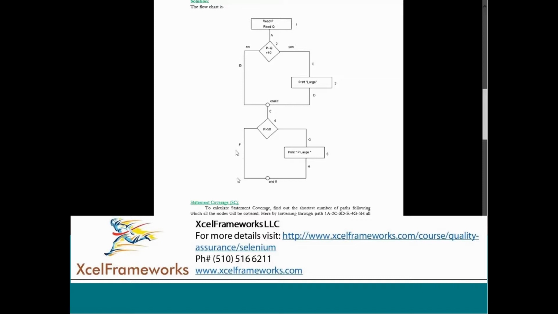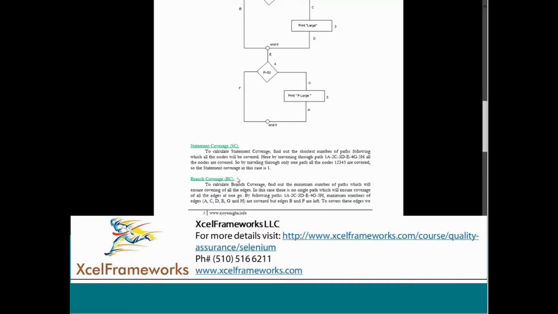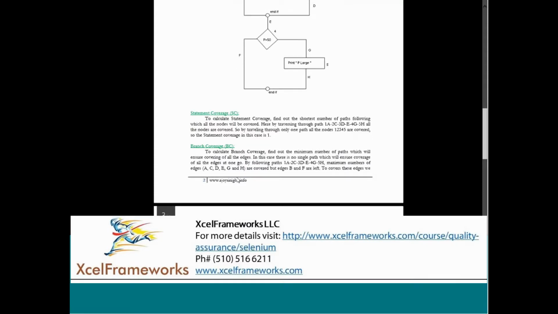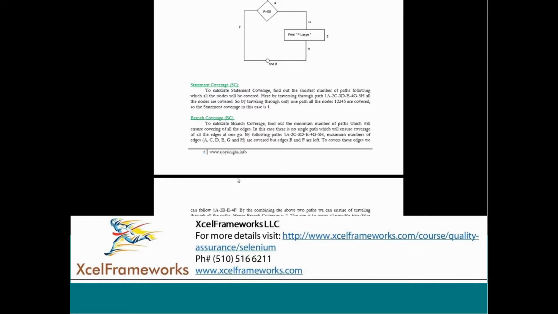To make sure that the negative cases work. So earlier, in statement coverage, we just saw the positive case, the flow when you supply the positive values and how it is going to execute. And this is the branch coverage. In our case, there are two edges, so it will be B and F.